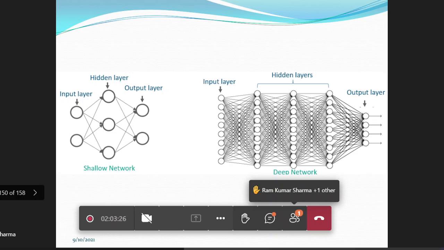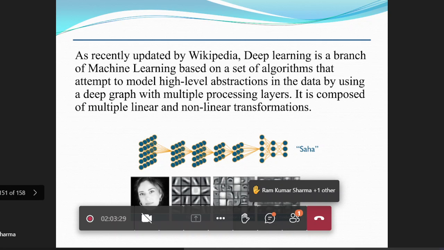As recently updated by Wikipedia, deep learning is a branch of ML based on a set of algorithms that attempt to model high-level abstraction in the data by using a deep graph with multiple processing layers. It is composed of multiple linear and non-linear transformations, right? The non-linear transformations are activation functions. So here we are basically abstracting the knowledge by creating a neural network that has more than two layers, right? That network is known as your deep